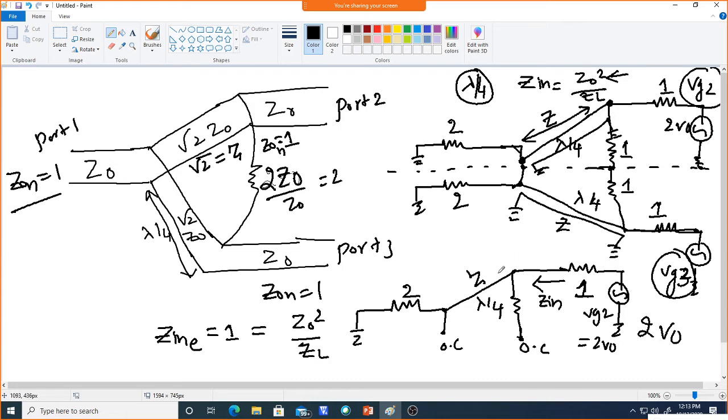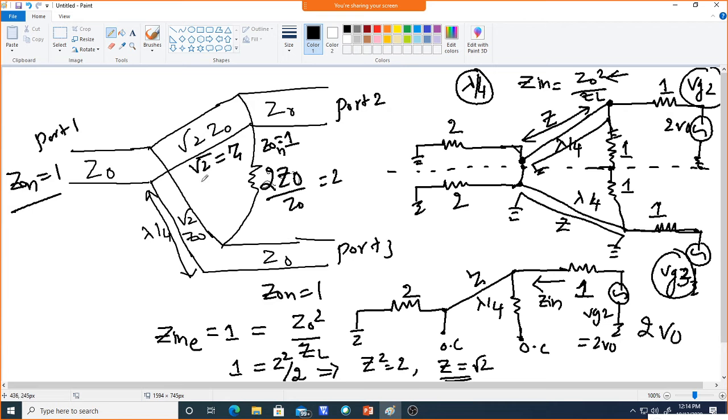So now what is Z0? Z0 is nothing but your transmission line Z, which is equal to Z, and the load here will be equal to the value 2. So ZL will be equal to 2 and the input impedance will be 1. Okay, so now instead of Z0 square we have to put the value of Z, which is Z square. So now this will become Z square equal to 2 and your Z will be equal to root 2. So that's what we have defined here.